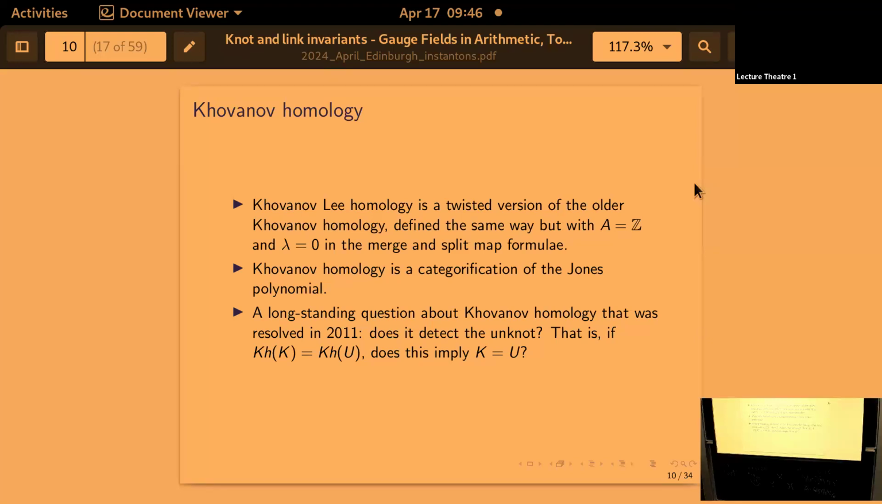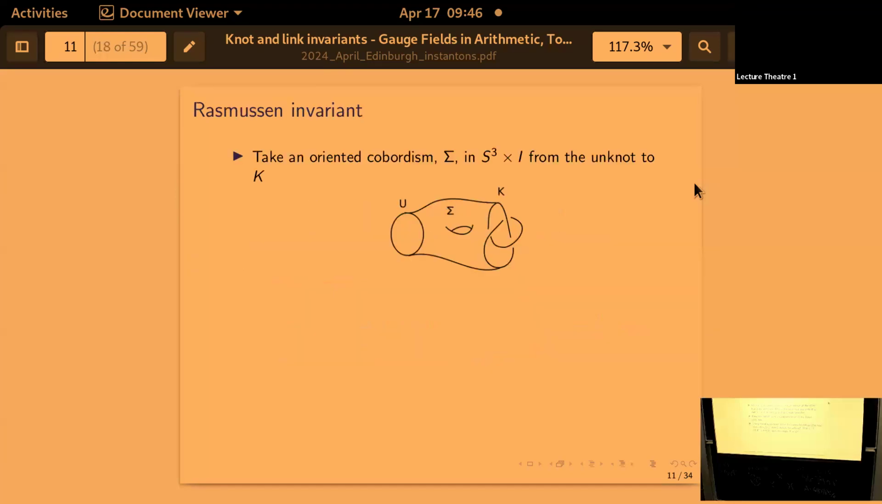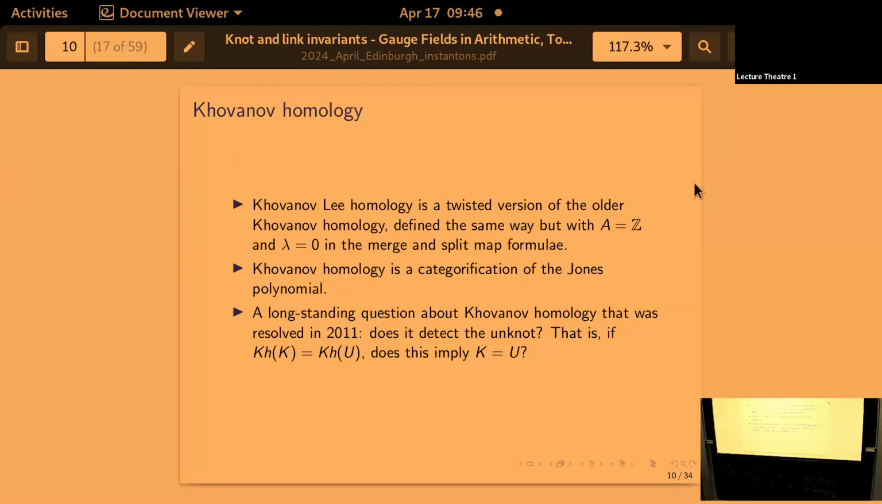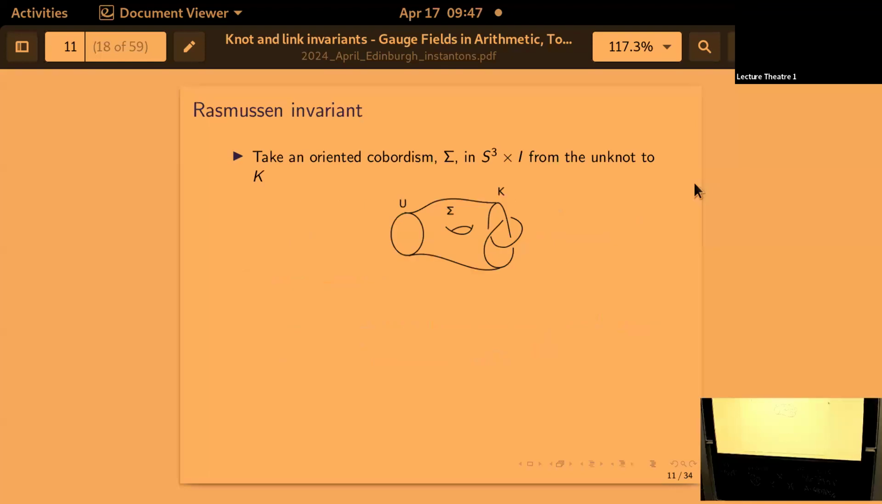Okay. So a longstanding question about Khovanov homology that was resolved in 2011 was, does it detect the unknot? Meaning, if you have the Khovanov homology of K equal to the Khovanov homology of the unknot, does that mean K is equal to the unknot? This is also an open question about the Jones polynomial, but okay, so I'm going to define one more invariant of this kind of combinatorial nature,